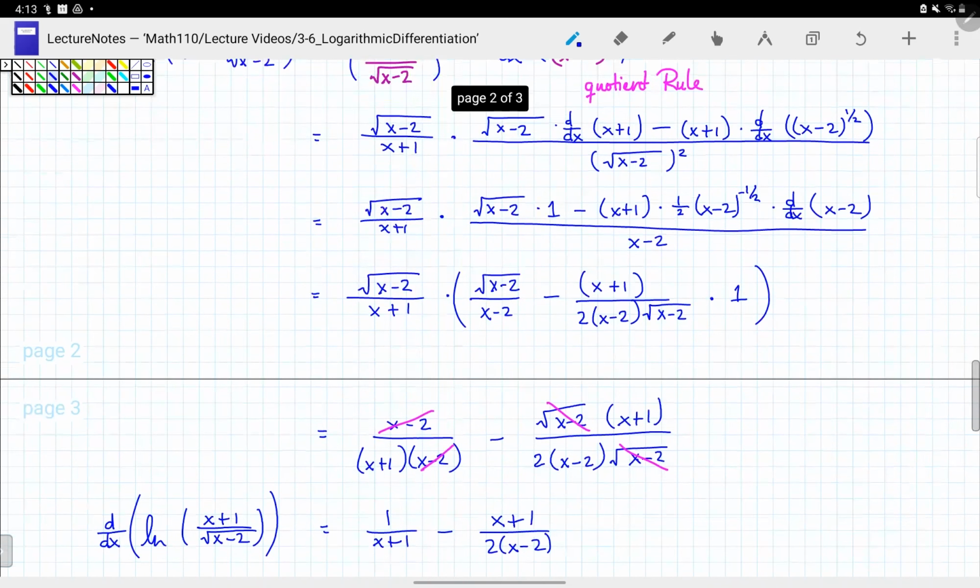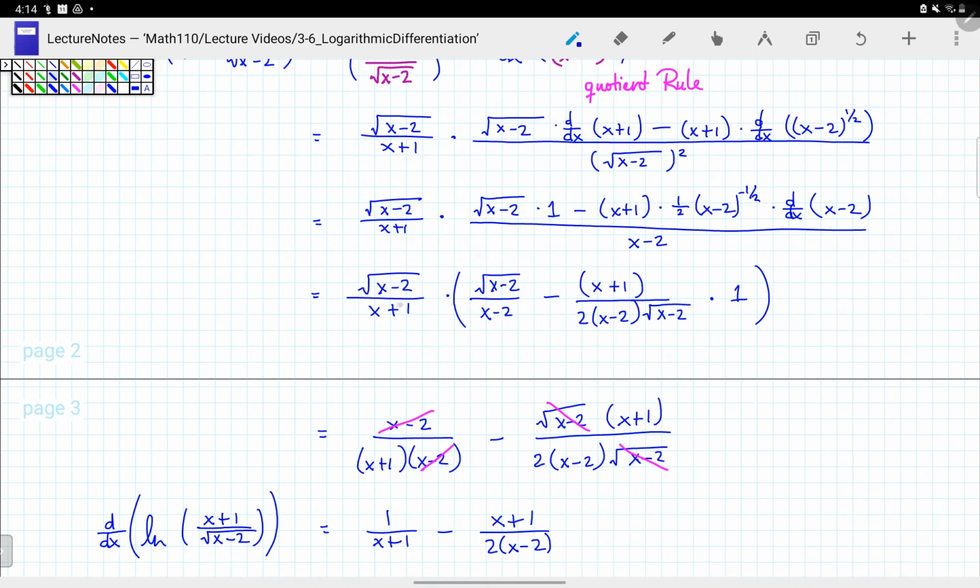Okay, and now I distributed this factor on the outside to both pieces. Square root of x minus 2 times the square root of x minus 2 is just x minus 2. So x minus 2 in the numerator, x plus 1 times x minus 2 in the denominator. And here I have square root of x minus 2 times x plus 1 divided by,